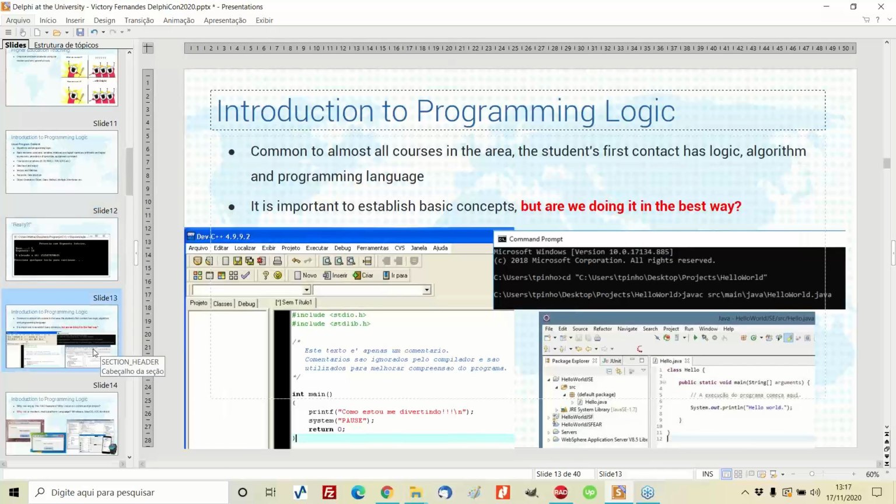Okay, so what happens is that although this discipline is very common to almost all courses in the area of technology, the first contact that our students have with logic, algorithm, and programming languages is based on 30, 40 year old technology.